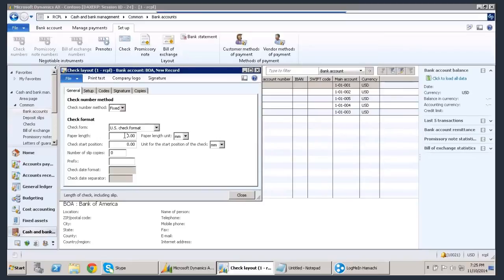Especially this stub is specific to the US. Slowly, in India also, they started using this in the recent past, but I'm not sure whether they started using it in Canada. Solomon, I think you get a stub or a check? I get a stub. Okay, in Canada also we use it. If you go to this US check format, you have a stub.